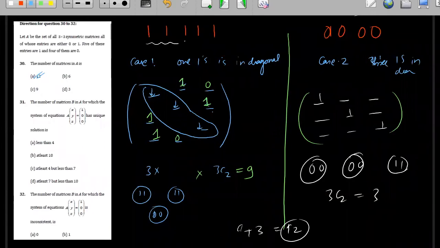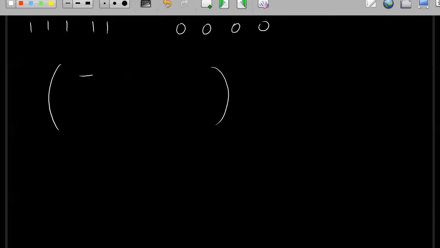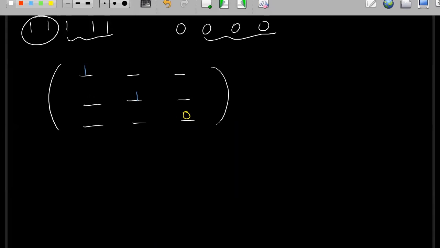See, I will explain why you are removing the second case. Suppose you have 5 ones and 4 zeros, right? So 1, 2, 3, 1, 2, 3, 1, 2, 3. I am filling two ones here, one here and one here. Very simple case I'm taking. If I filled one here, then I have to take 1 here as well. Now see, how many ones are left? 3 ones are left and 3 zeros are left, because I have to fill 6 places.